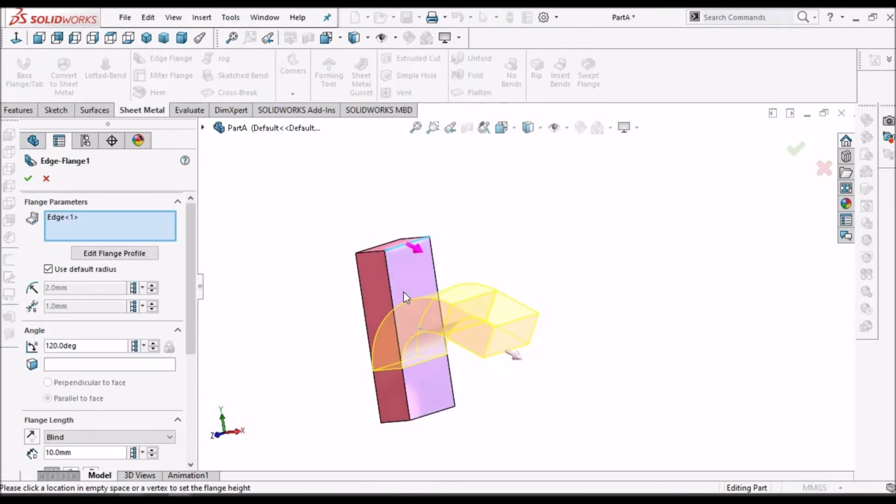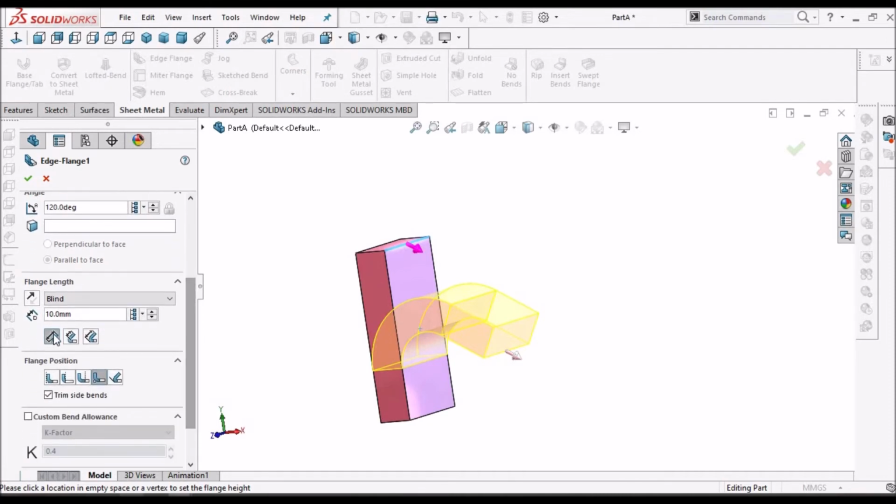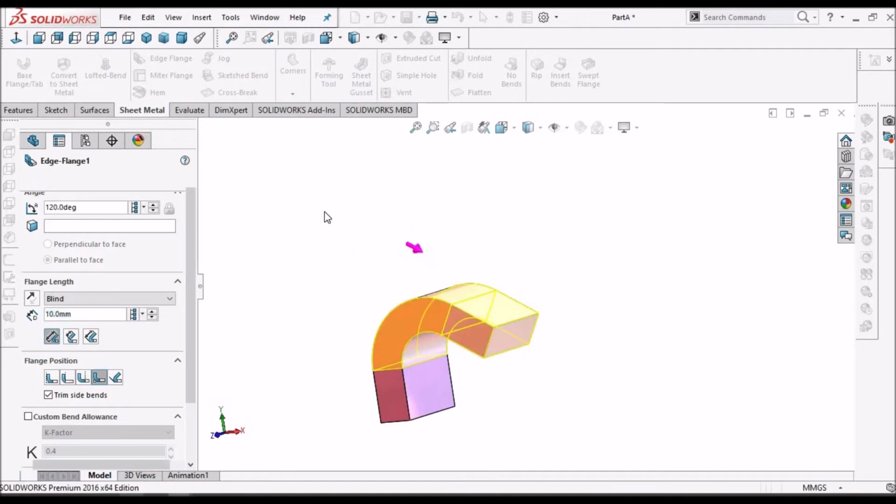So this is the base flange, and when I select this outer virtual sharp and the length of 10 mm, it calculates from the virtual sharp.